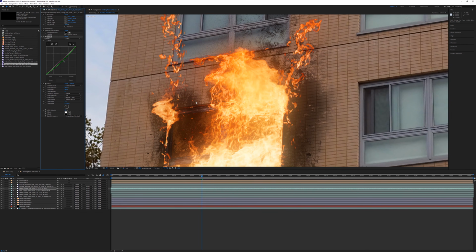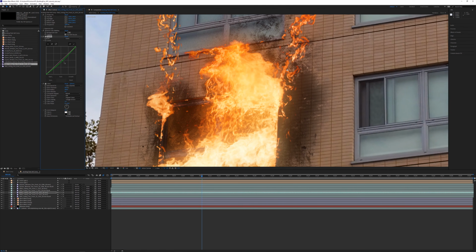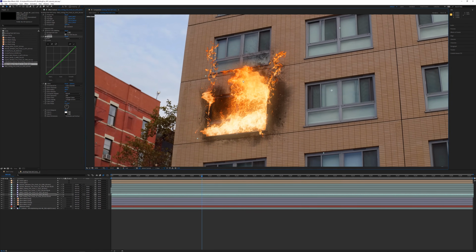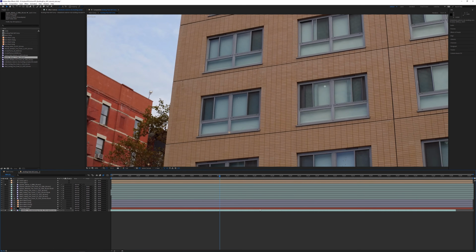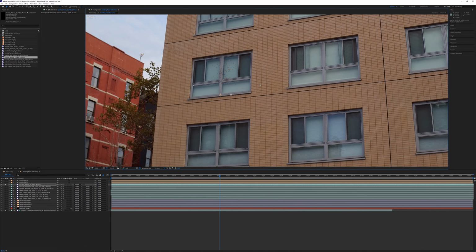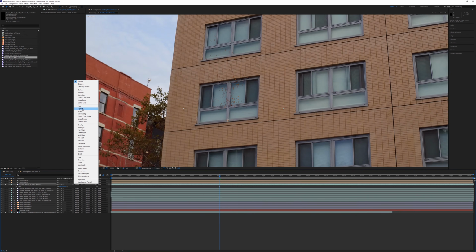Doing some extra color correction there, pulling out a little bit too much green, I think, so I just added a little bit more green back in. And next we're going to add some sparks. So these are just randomly picked from their spark collection. And they also have an embers collection too, but the sparks work.